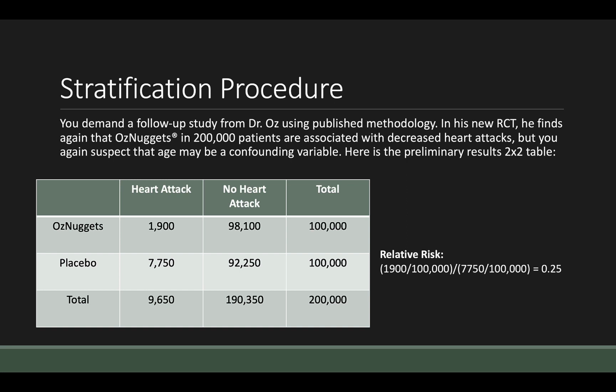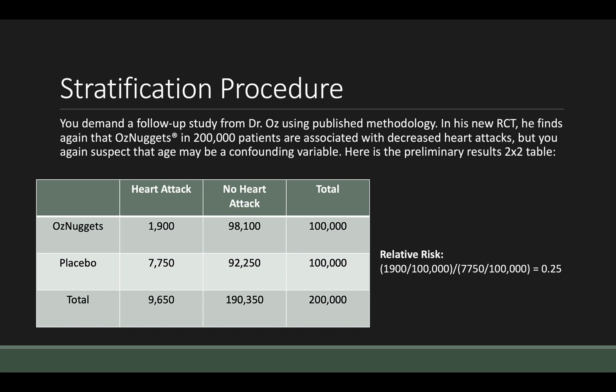Let's take a look at how to adjust for confounding variables using stratification. In this setting, you demand a follow-up study from Dr. Oz using a more public methodology. You say, do the study again in a larger cohort and show me your methods. So he performs a randomized controlled trial. He again finds that Oz nuggets in 200,000 patients are associated with decreased heart attacks compared to placebo, but you